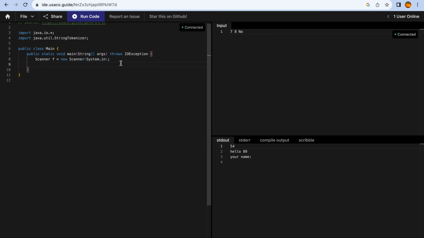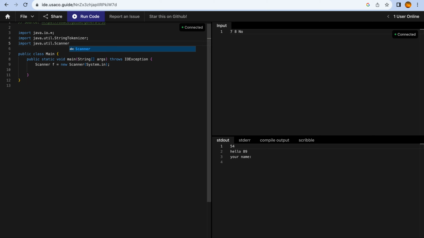And also to properly use the Scanner, we have to import the util package. So we could say import java.util.Scanner, and don't forget the semicolon like that. And yeah, then we'll probably be able to